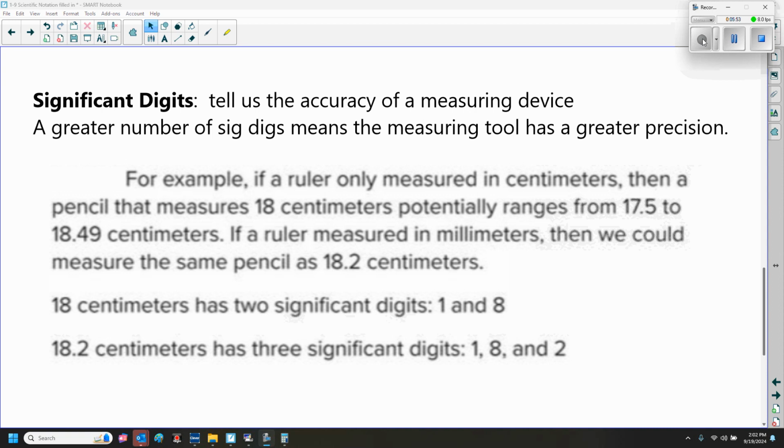Okay? For example, if we have a ruler only measured in centimeters, then a pencil that measures 18 centimeters potentially ranges from 17.5 to 18.49 centimeters. If a ruler measured in millimeters, then we could measure the same pencil to 18.2 centimeters, okay? So if we're looking at the ruler,